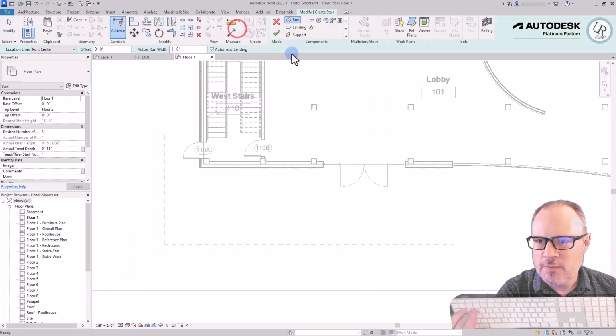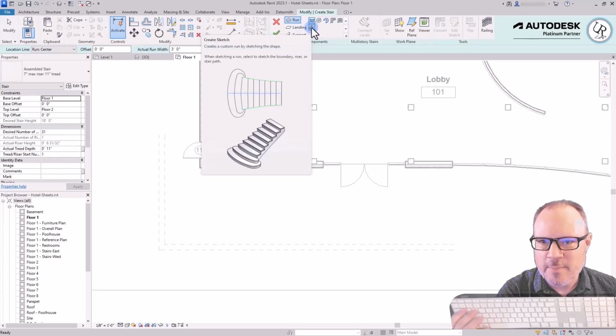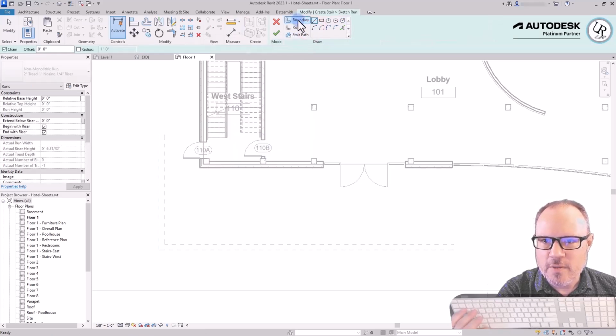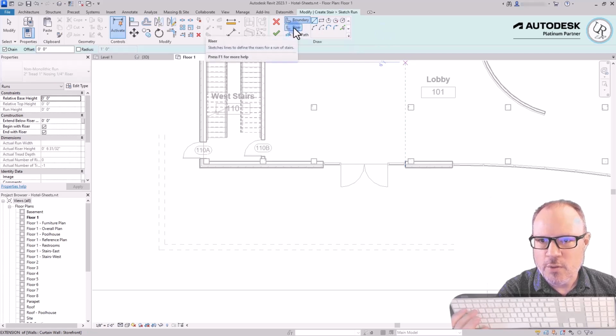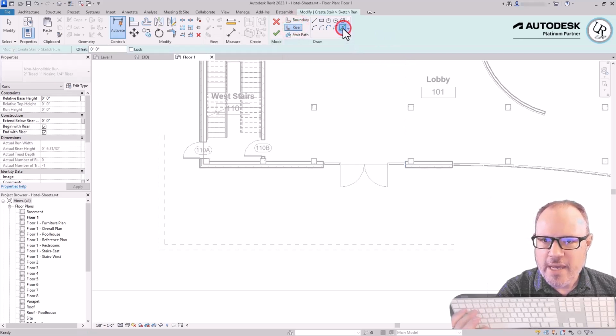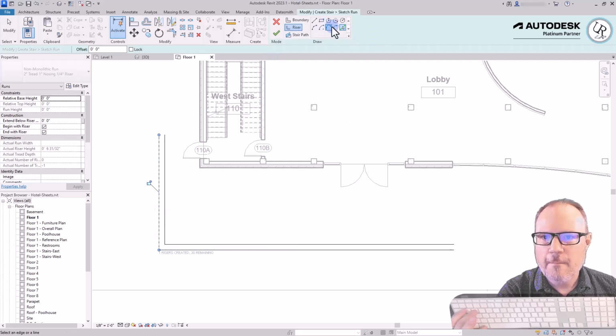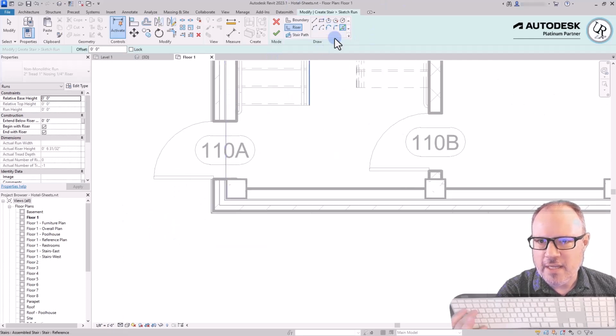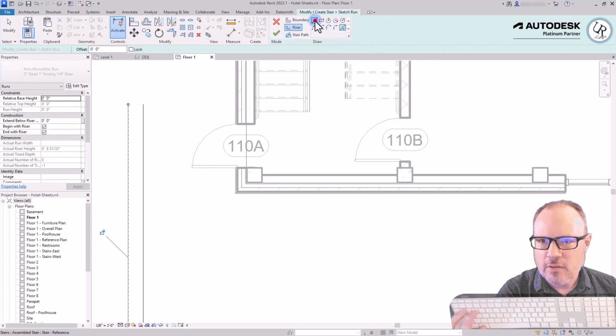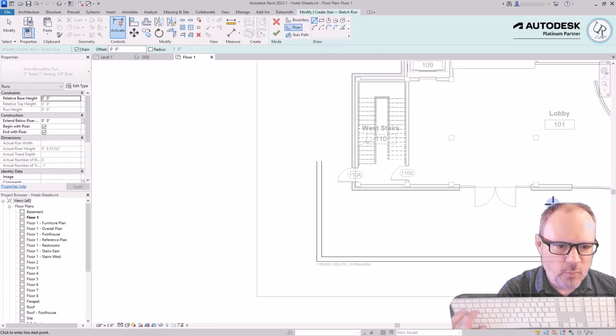Going to the stair tool, component panel, choosing this Create Sketch option, and using boundary, riser, and stair path lines, you can generate the design of the stair that you're looking for. Creating riser lines, and using the pick line tool, I will pick the first leg, second leg, and then I actually run a length of riser line against the face of the wall,